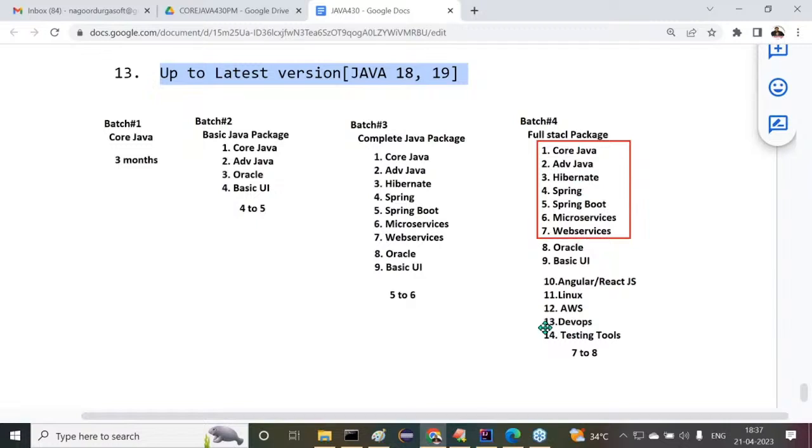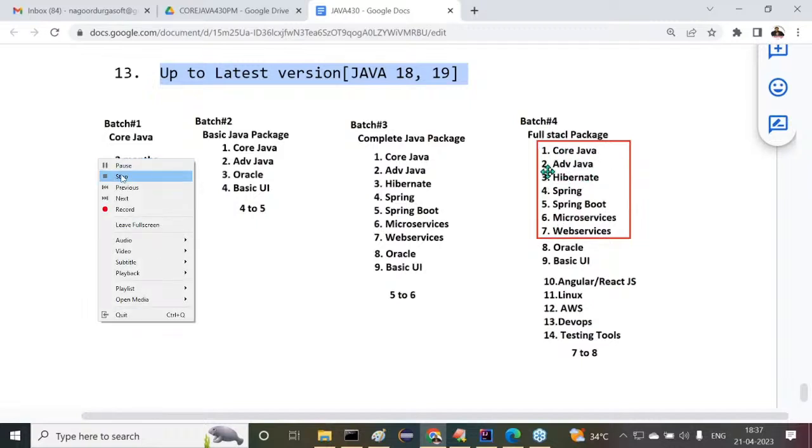In full stack Java, what is my participation? If you look at this red color symbol, this total red color box, up to total